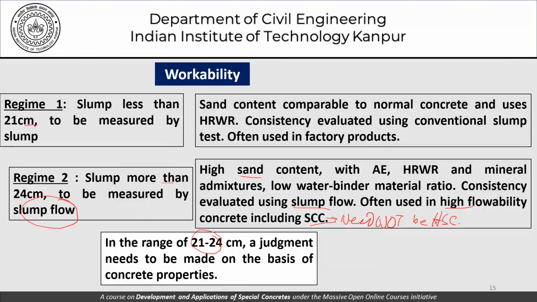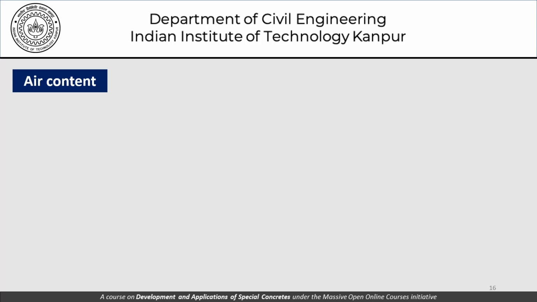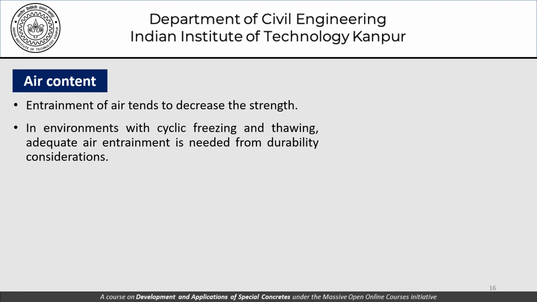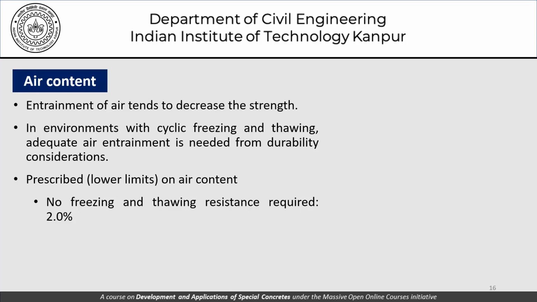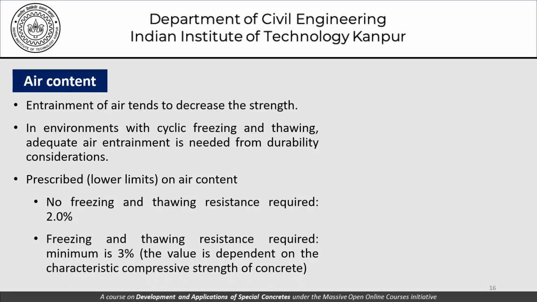kind of test is to be used. As far as air content in high strength concrete is concerned, we should remember that entrainment of air tends to decrease the strength of concrete. In environments with cyclic freezing and thawing, adequate air entrainment is needed from durability considerations, and that doesn't change whether we are using high strength concrete or normal strength concrete. Prescribed lower limits on air content could be 2% where no freezing and thawing is expected, and where freezing and thawing resistance is required,